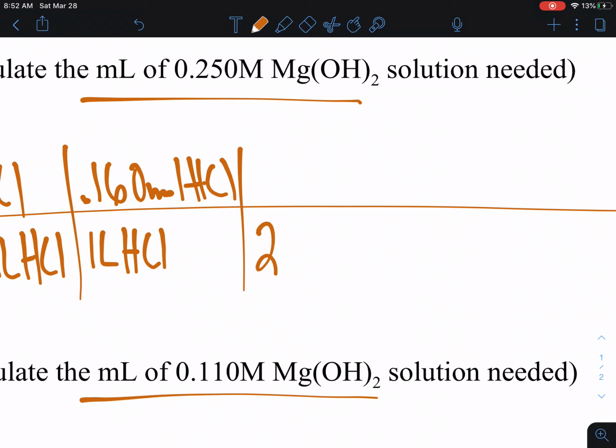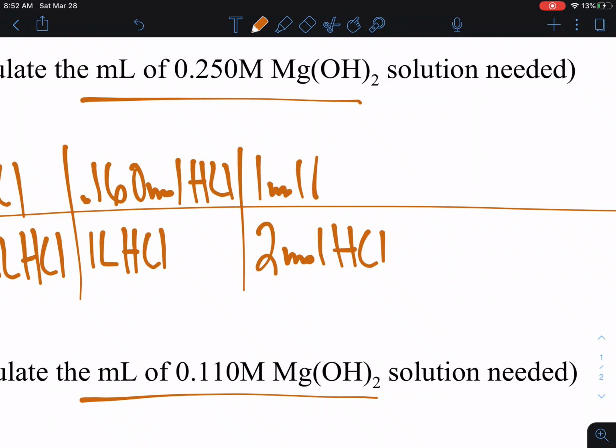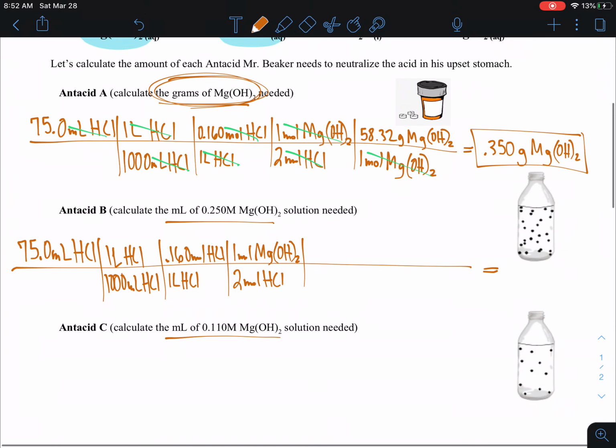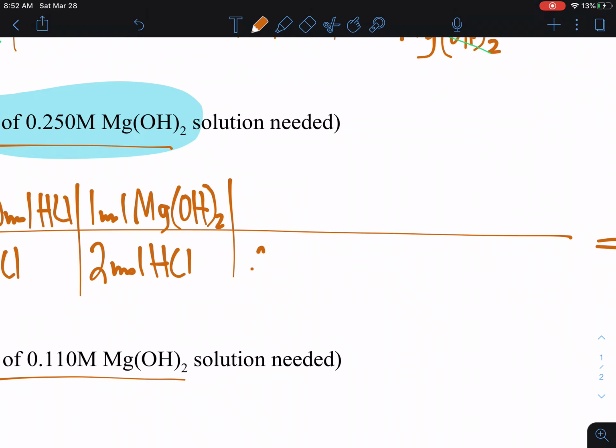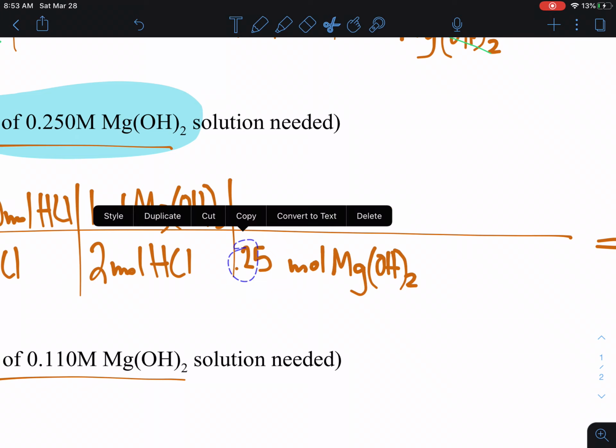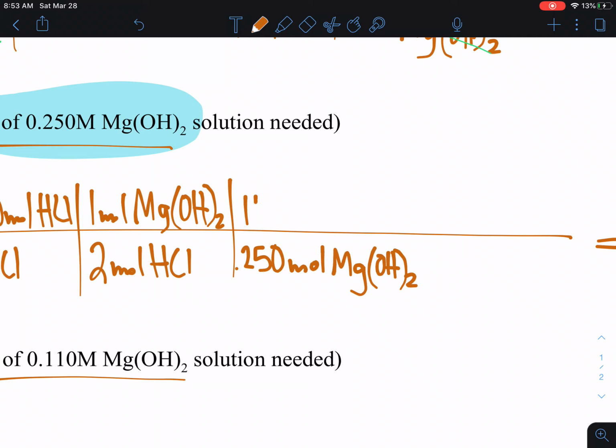So for every 2, I don't know what's going on with this label up there. Oh, just jammed them together. Okay, 2 moles of acid to 1 mole of base or magnesium hydroxide. And then next we will use the molarity of the magnesium hydroxide, which in this problem is 0.25 moles per liter. So 0.25 moles of magnesium hydroxide. Should probably use the right amount of digits that it gave me per 1 liter